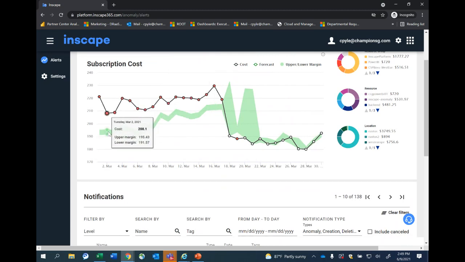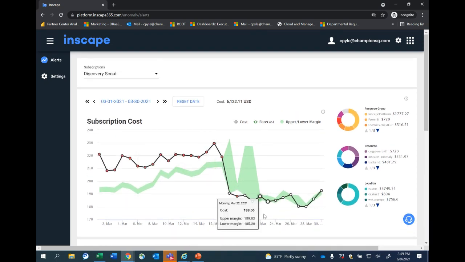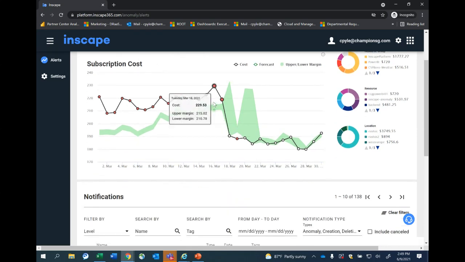Now the green is the upper and lower margin for this subscription, where the machine learning says you should be, okay? And where you see red, that's where there's an anomaly. So as soon as we installed it in our subscription called Discovery Scout, it automatically, like I said, went back 60 days. And this is real. This is no joke.